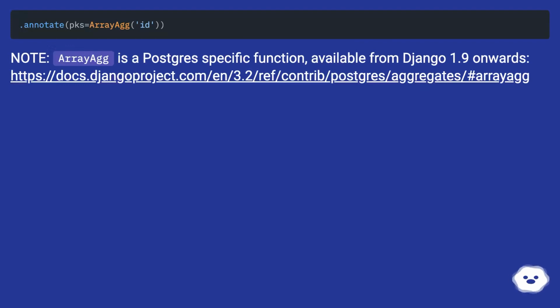Note, ArrayAgg is a Postgres-specific function, available from Django 1.9 onwards. This URL